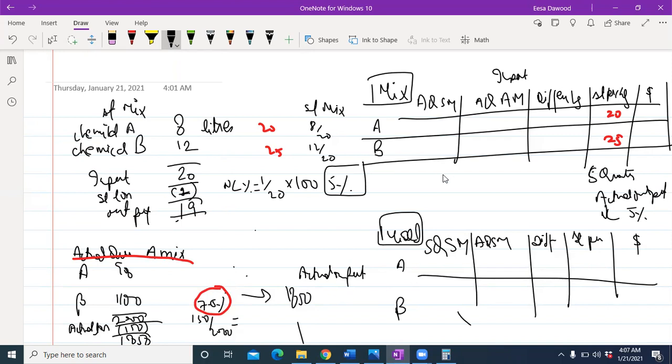I need to calculate that for both material A and material B. Now, actual quantity and standard mix. What is actual quantity? I am required to use actual quantity input. So I'm going to write the actual quantity input here. It is 900 and 1100, so the actual quantity input was 2000. Now I want to apply actual quantity in standard mix.